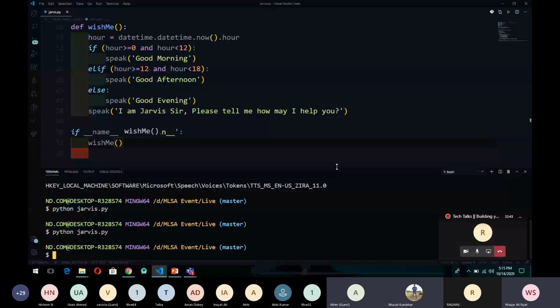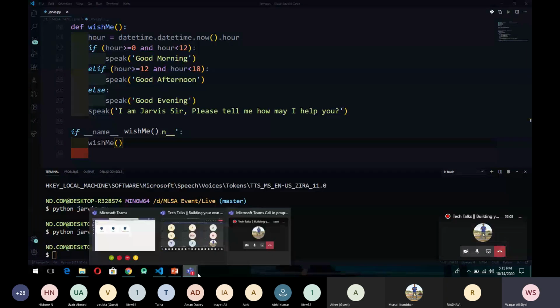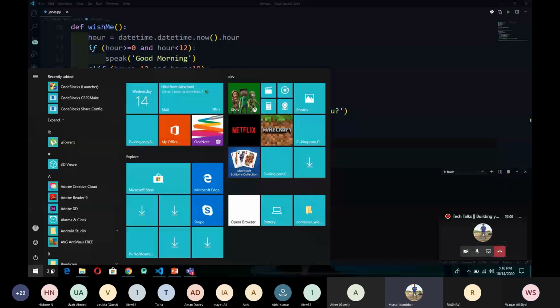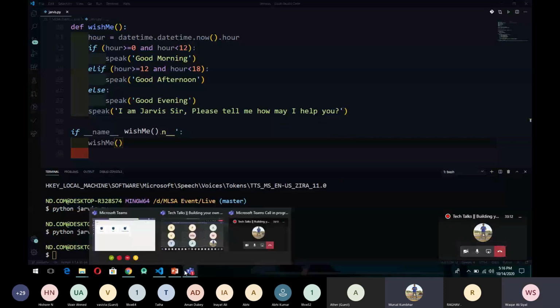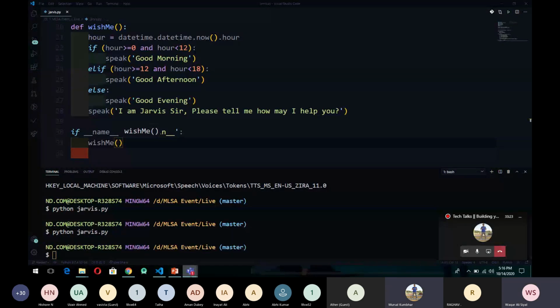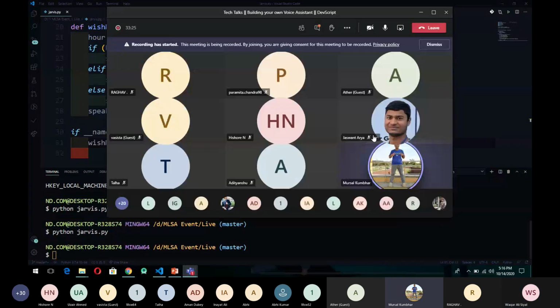Hello. No, sir. For that you have to enable system audio while sharing your screen. Okay, from where to open that? From the place where you started sharing the screen, first of all, close the screen share, and then once you start the screen share, there would be a toggle button for enabling system audio at the top left corner. Okay, you can choose it.